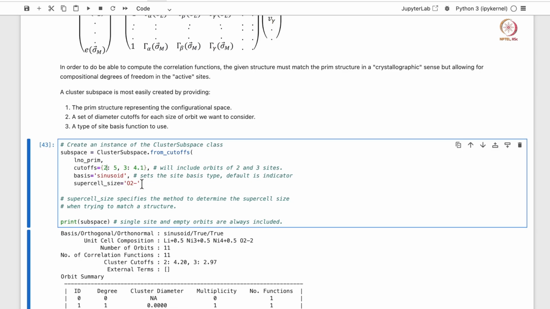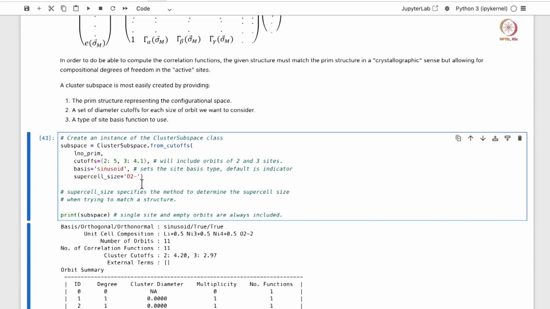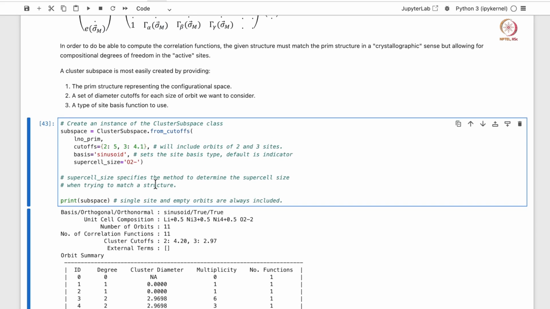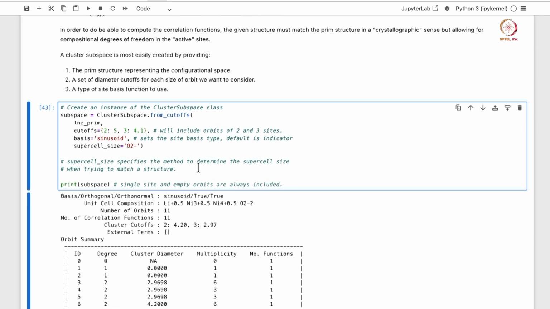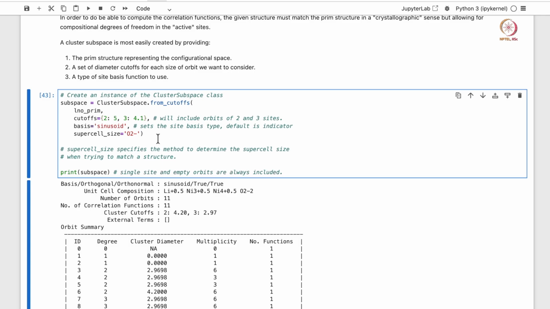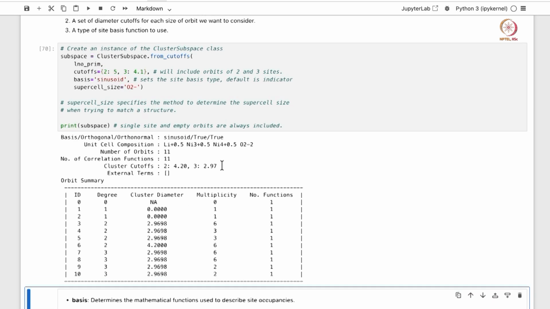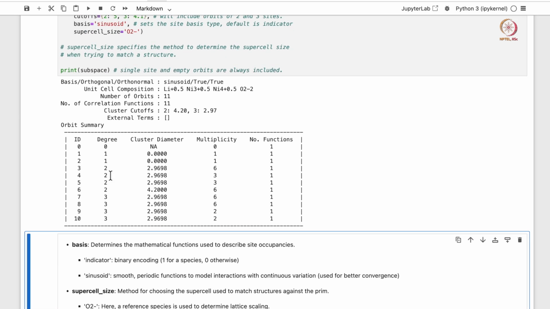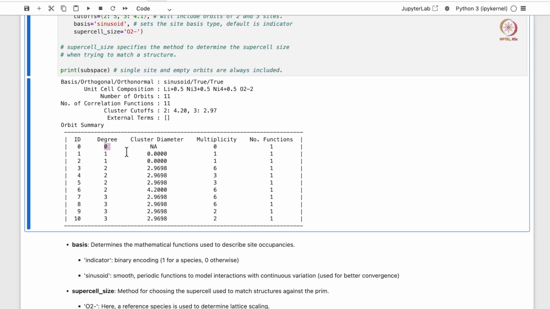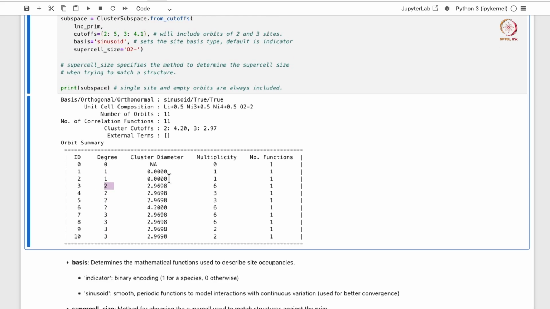And the basis we are using is the sinusoid basis. Then the supercell size specifies the method to determine supercell size when trying to match structures. If we execute this cell and print the subspace here, we can see in this table that degree 0 is the null cluster, and 1 is the point cluster, then again 1 is the point cluster, then we have 2 here, which is the pair cluster.